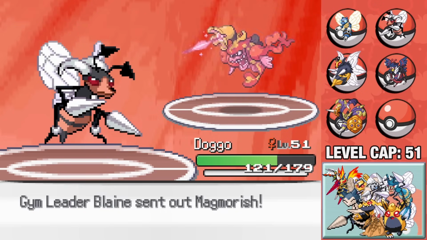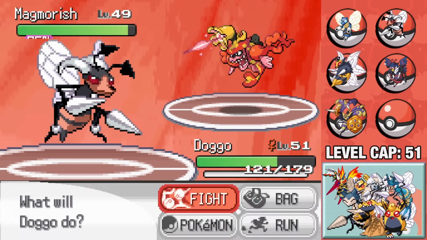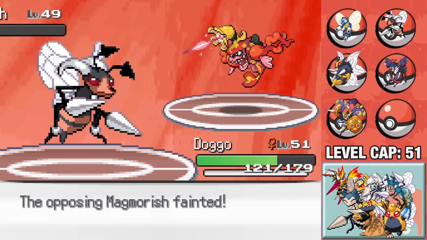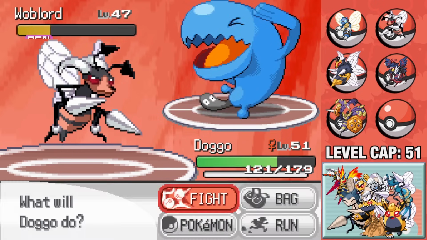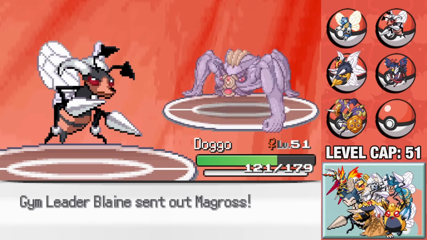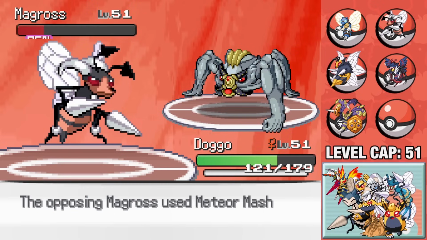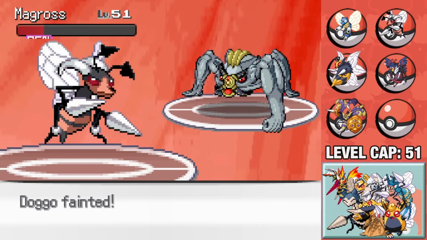He then swaps out Wublord and sends in Magmarish, and now it's badly poisoned, and we are at +6. And I can go for a Sludge Bomb, taking it down, no problem, which leads back into Wublord, who one more Sludge Bomb can take care of. When Magros comes in last, we can go for a Flamethrower, getting it down wicked low, and a Meteor Mash takes down Doggo,